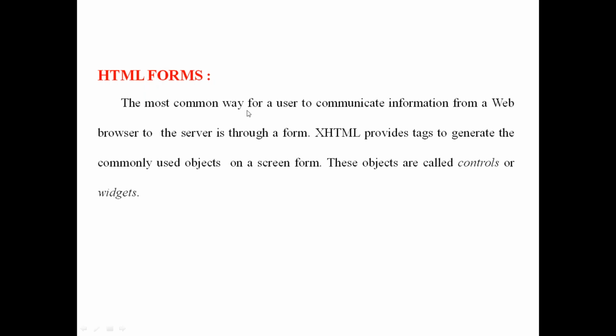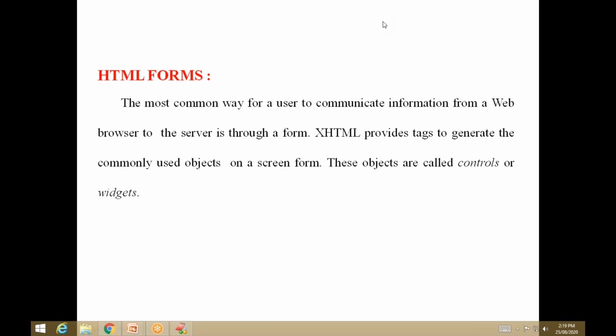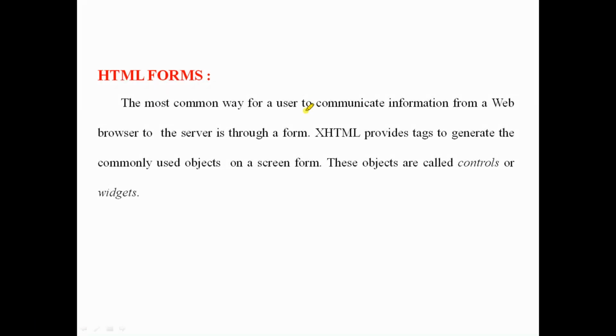So what is the HTML form? It is the most common way for a user to communicate information from a web browser to a server through a form, like a login form, registration form, student registration form, data entry. Those are called forms. HTML provides tags to generate the commonly used objects on the screen, on the form.